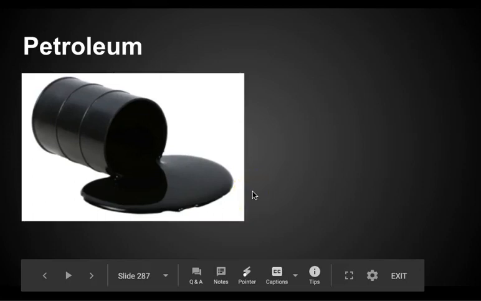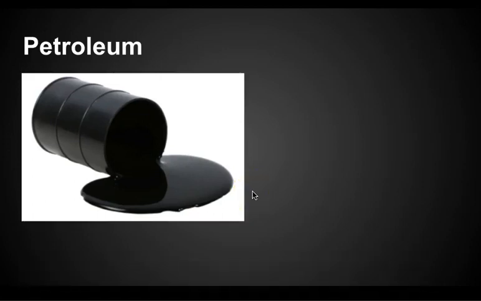Hello students, today we're going to recap last time's lesson and then move on to today's lesson on alternative energy. Intro to alternative energy. Last time we talked about fossil fuels and we said that there's three kinds, a solid,